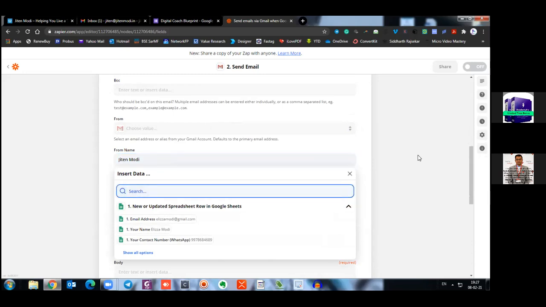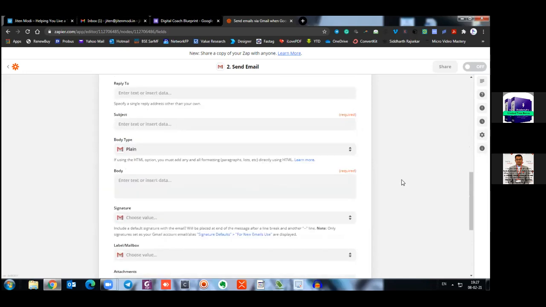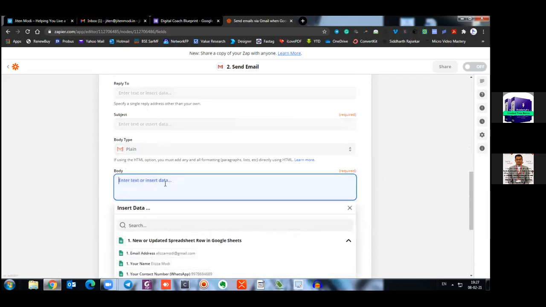This is the name which will be shown to your audience when they receive a mail from this particular email ID. So scroll down, and body type plain. Here is the body type. Here you can write a message. So you can always say greetings. Because we are writing, it is going to go as a generic mail. So put greetings, comma, and you can write, inviting you for my webinar, and put up a link or something like that.